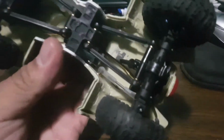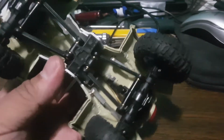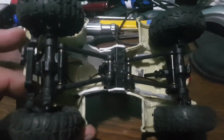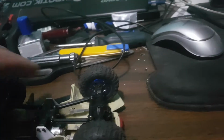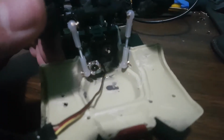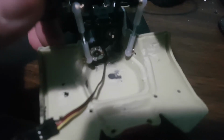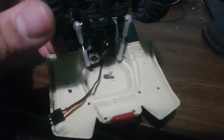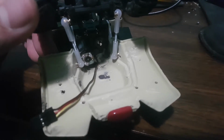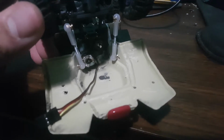So I have a little bit of space here and here. Up here is going to be the micro receiver that I'm using. And then back here, I'll flip this up. The ESC from the Orlando Runner 100 will just fit right in that little pocket. And then I'm going to make a little cover that will cover up the ESC afterwards. So there's going to be custom wiring and everything that's going to be getting done. And then